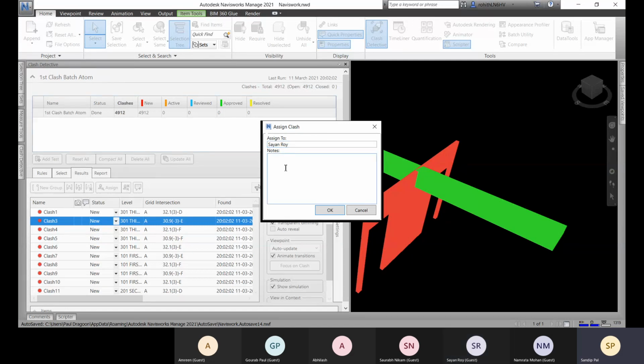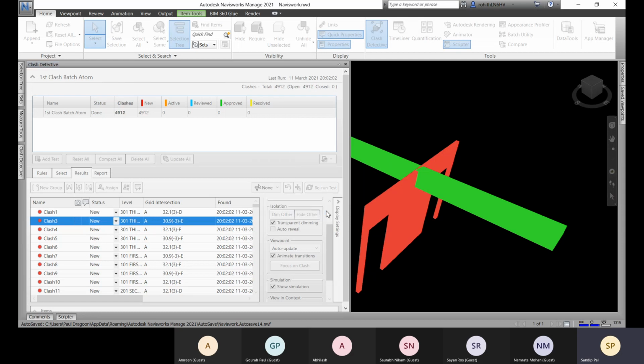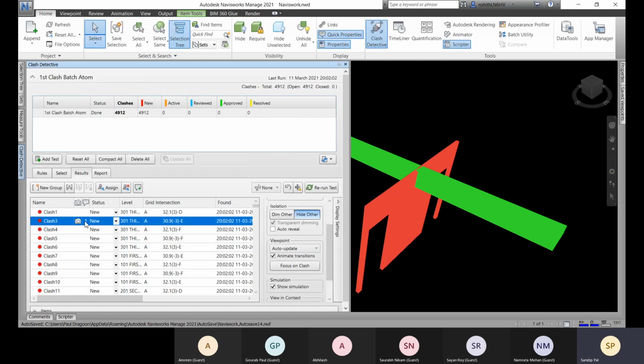So Sion, please resolve. I'm telling you these notes, that please resolve this class. Okay, sending it to you this way, and click on OK. And here you can see that this is added.